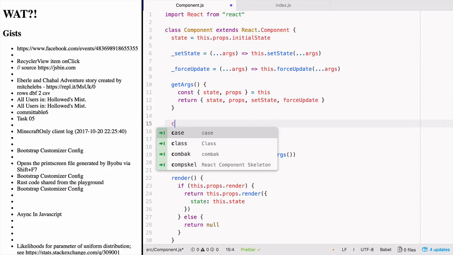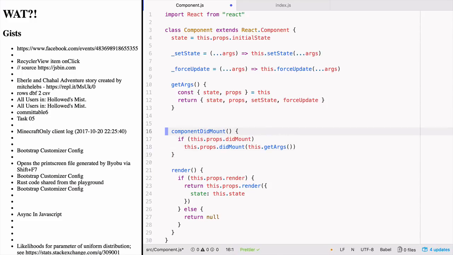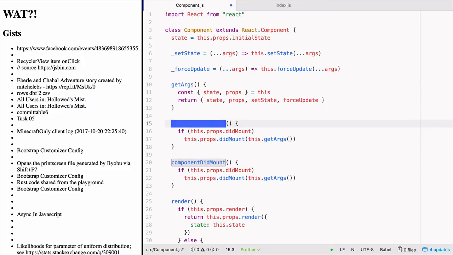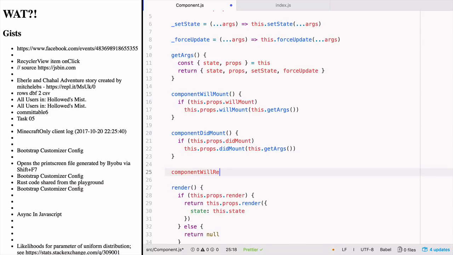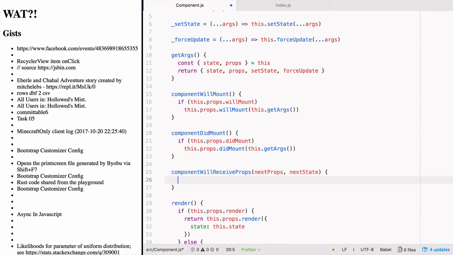And so I'm going to need component will mount. Then we have, if will mount, then let's do it. Then let's do a component will receive props. Look at the next props in here and the next state in here. So we'll return, yeah, there is no return value. There should be, but there isn't. Anyway, if will receive props,